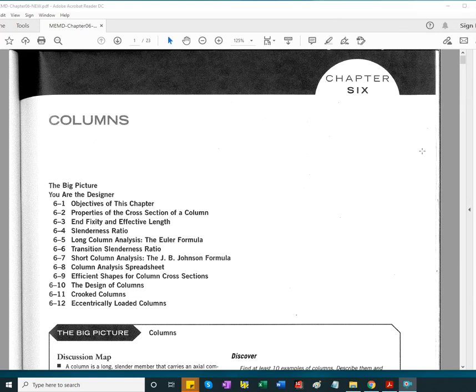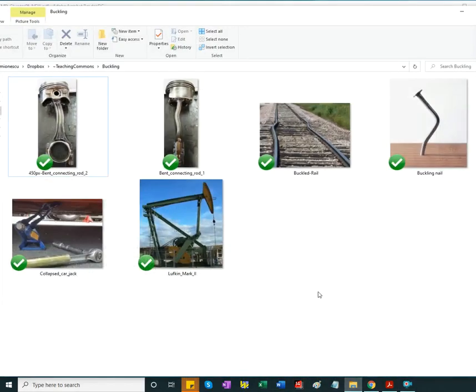Alright, so we're moving forward, covering the material, chapter 6. It's about columns, in particular about stability of columns and buckling. A subject relevant to machine design. I have here an example of buckled connecting rods, buckled rail tracks,